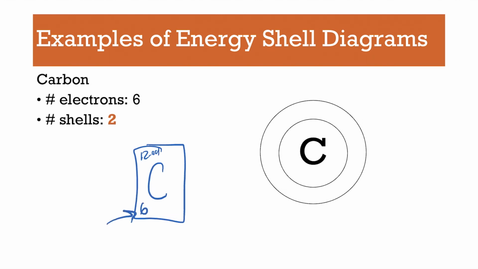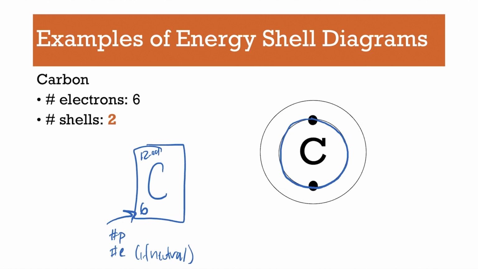So this is the atomic number, which tells you the number of protons, and also the number of electrons, if neutral. And if we're talking about atoms, atoms are neutral. Okay, so we got to give a home to each of these 6 electrons. And so this is that first shell. And remember, the first shell can only hold 2 electrons. So the first one goes on the top, second one goes on the bottom. They want to be as far away as they can from each other.